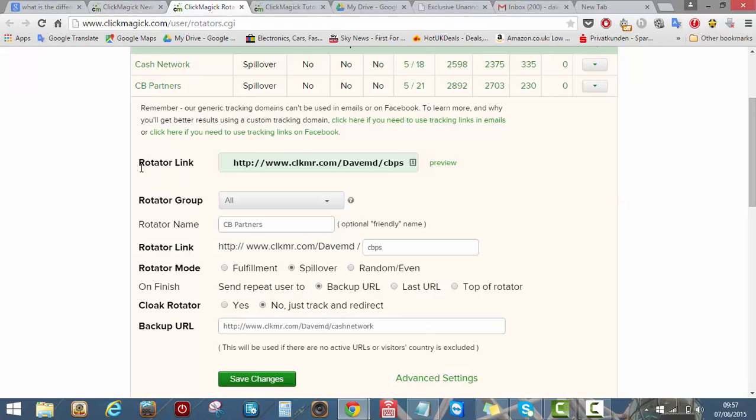So as I said, when you create a rotator, you'll normally get a rotator link here. You can customize that slightly here. You can give it a memorable name if you wish. And you can also name your particular rotator. This is just unique to yourself, just for your own purposes, and that's the name of the rotator that I use, just CP Partners